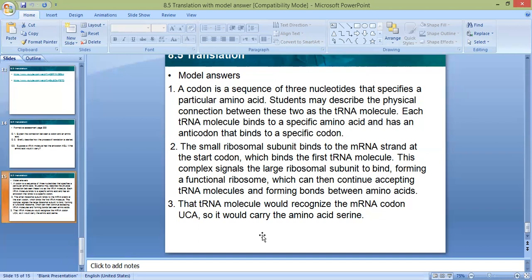Okay, so the tRNA molecule would recognize the mRNA codon. ال AGU هذا recognize راح يعرف يتعرف على مين complementary لمين ال AGU؟ UCA. ولو طلعنا على الجدول UCA هو carry the amino acid serine. Is this clear guys? Any question till here? No question. كله فاهم؟ طب I will ask you a question.